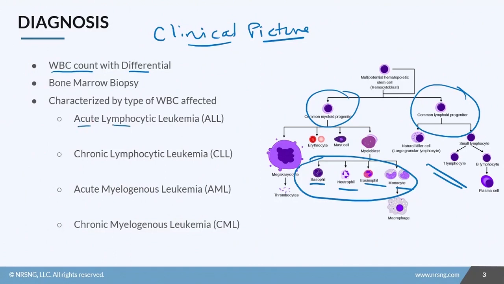So there's acute lymphocytic leukemia, which would be the lymphoid side of things with the lymphocytes, and acute myelogenous leukemia, which would be on the myeloid side. So again, basophils, neutrophils, eosinophils, and monocytes. And then either of these can be acute or chronic. So acute lymphocytic, acute myelogenous, chronic myelogenous. Now, you can also do a bone marrow biopsy. And again, this just gives you more specific focus on the cells themselves